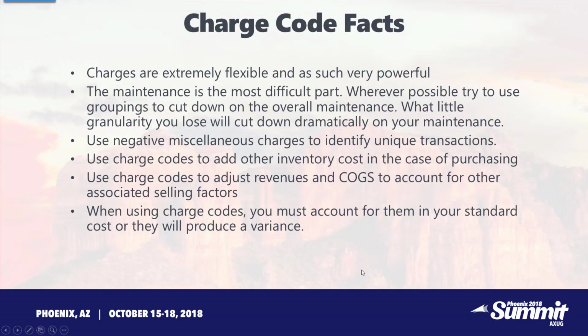So let's talk about charge code facts. They're extremely flexible and powerful, but the maintenance is very difficult. You can imagine with all the different possibilities you might have, and the biggest problem I've seen is you've got to group them into relative groupings. And that is hard to get the granularity you want sometimes. So there's a trade-off. You can use negative miscellaneous charges to identify unique transactions. And I'm trying to think of an example right off the top of my head. But you could, in fact,